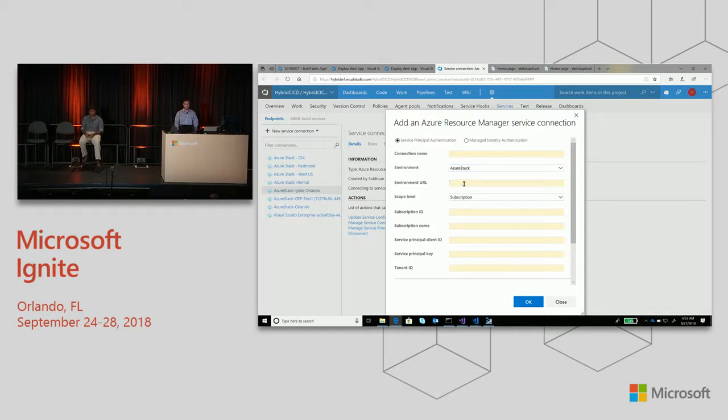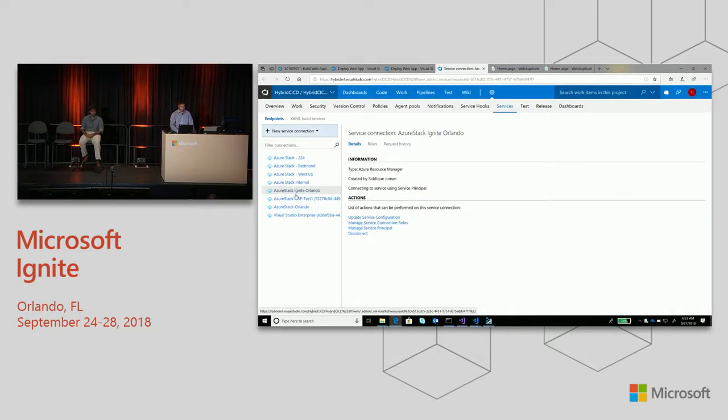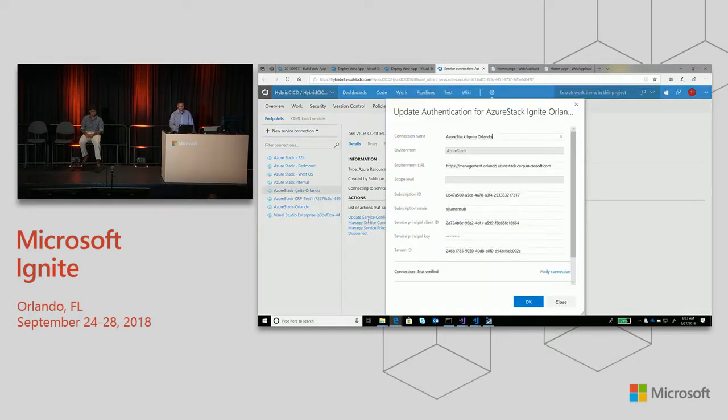And you see once I click on Azure Stack, it gives me an environment URL. This is where you'll put in your ARM endpoint. Once you put in your ARM endpoint and you click OK, it'll go through the process and you fill in your credentials. It'll be able to add that cloud environment to your release agent. And I can just show you a quick example here. So this is what I did for my environment to add the Azure Stack.